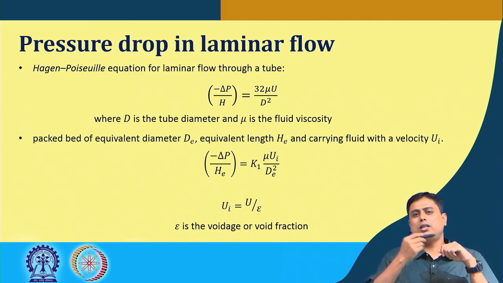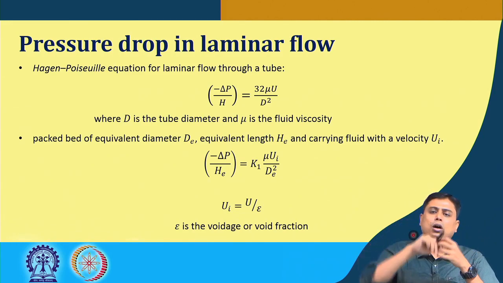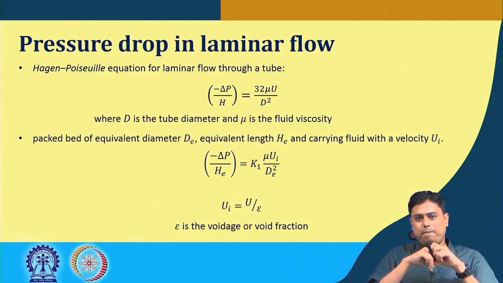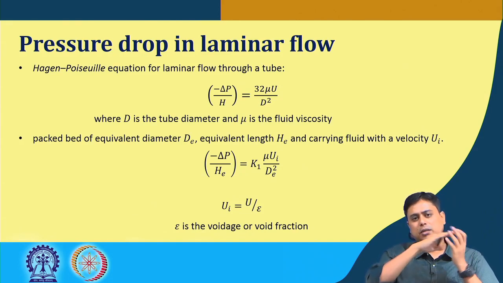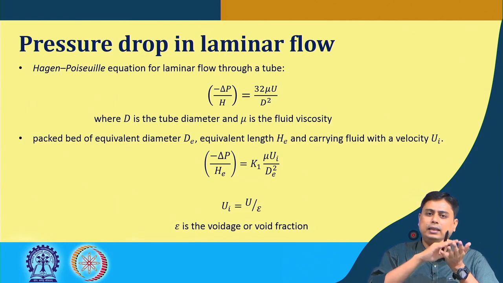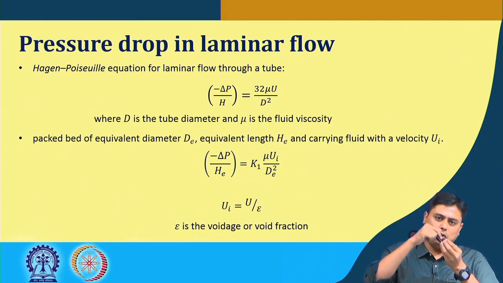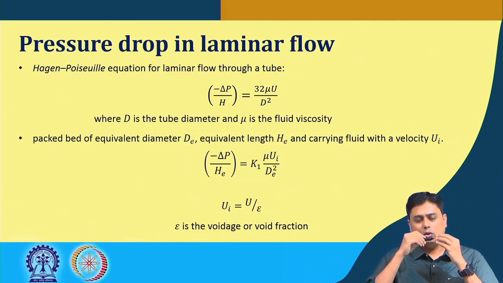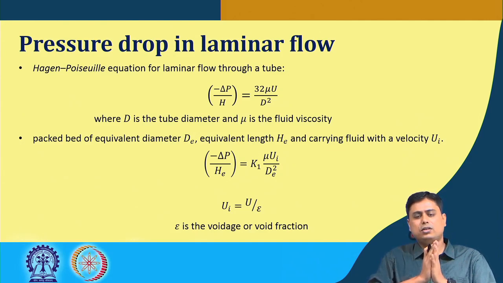The superficial velocity is what you pour into that beaker. It comes from the volumetric flow rate divided by the cross-sectional area of the beaker. Then when the water flows inside those sand particles, the velocity you can measure is the local or interstitial velocity, and that is the superficial velocity divided by the voidage, or void space, quantified by this epsilon value. So the relation between interstitial velocity and superficial velocity should be clear.